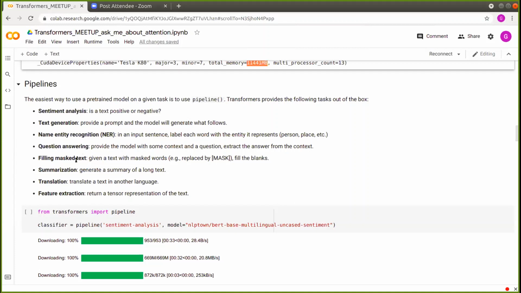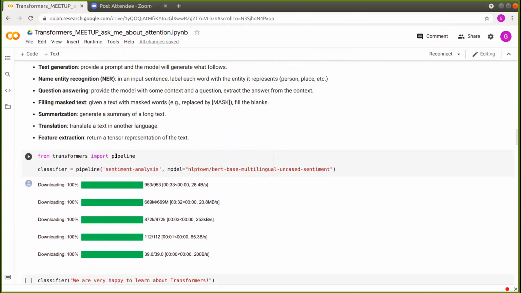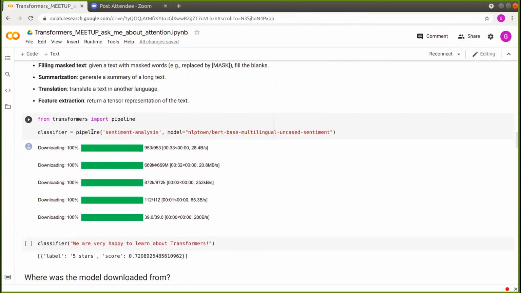Then the fill-mask task, in which we are given an input text with some masked words, and then the model will automatically fill the blank spaces. Summarization, in which we summarize a long text into a smaller one. Translation and feature extraction. So we will start by importing the pipeline object from transformers, and we can instantiate that